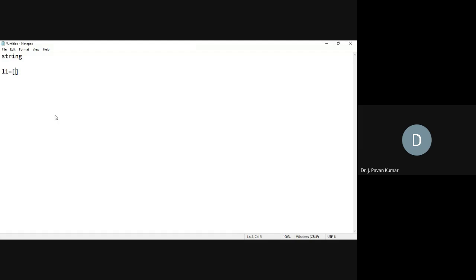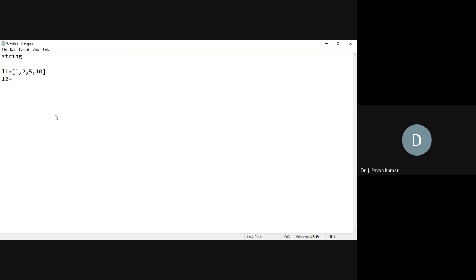Let us say we have elements like 1, 2, 5, 10. This we can enclose in square brackets, then it will be considered a list. L1 is a kind of list.